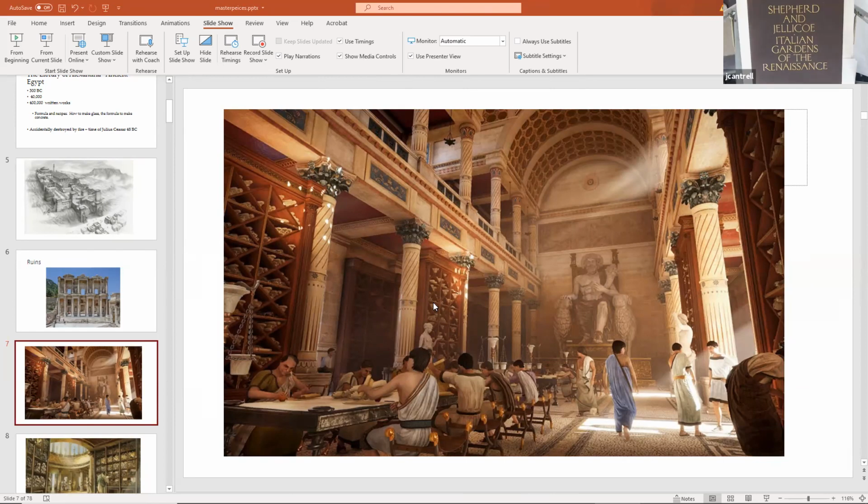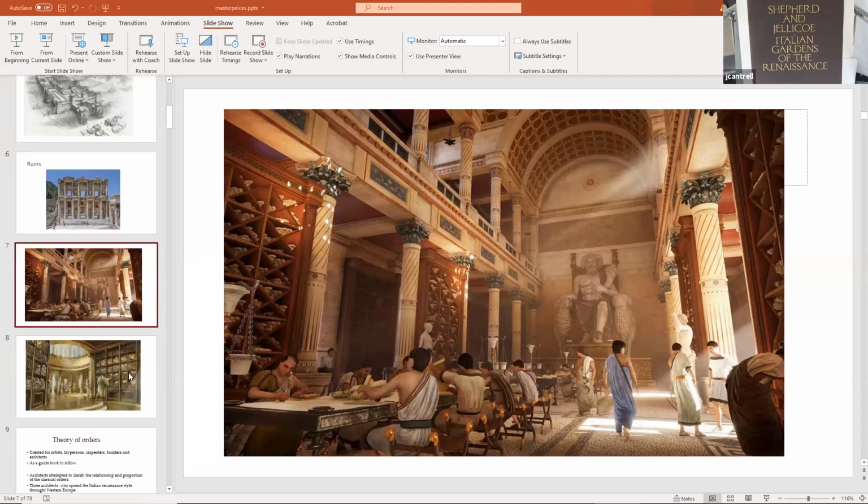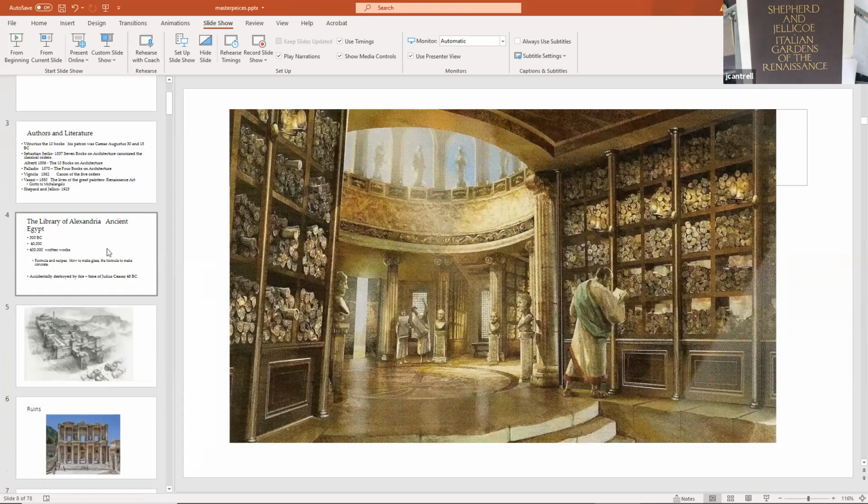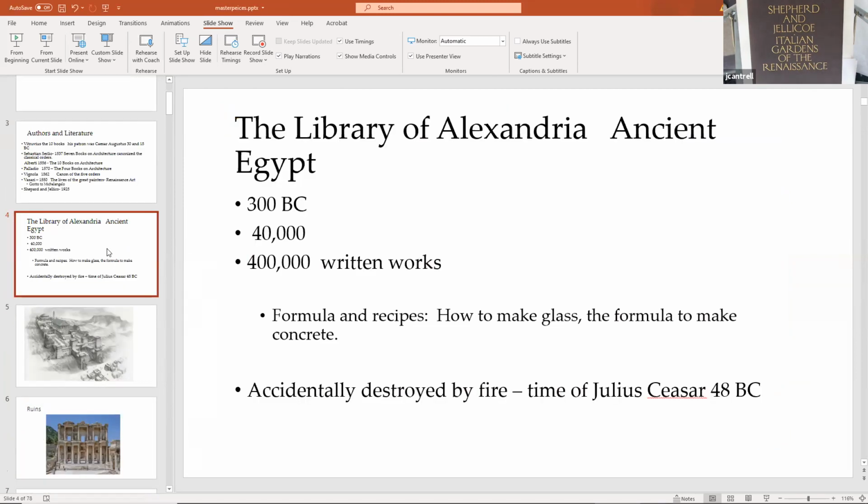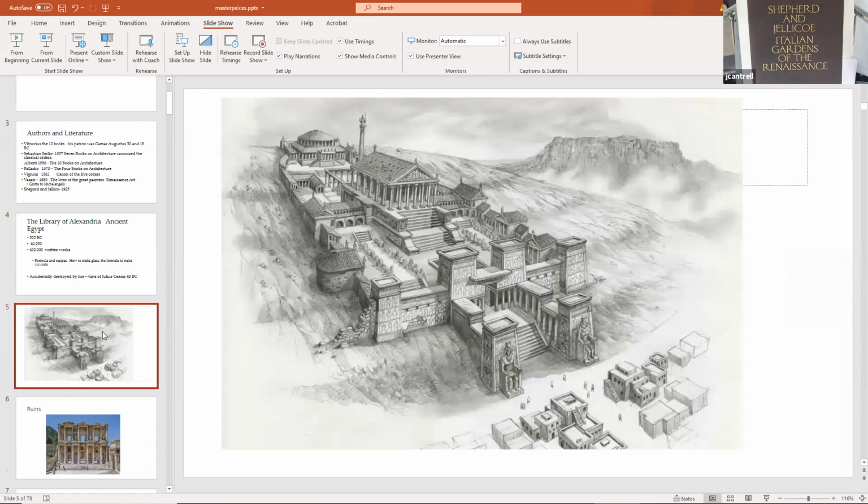Okay, that's fine. Well, I was going to show you, the architecture of this is kind of a strange mixture. I'm not sure this is really what it used to look like. These are reconstruction drawings, but a mixture of Egyptian orders and early classical architecture. What you're seeing is not really bound books, but of course papyrus that people are writing and drawing notes in. But for the most part, this is an indication of what this enormous building used to look like. There's roughly between 40,000 or 400,000 written works. This is a huge complex. This wasn't just one building.